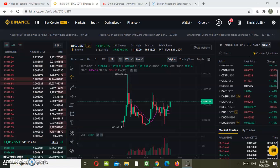Today we'll be reviewing and giving out the price targets for the top 3 cryptocurrencies, which are Bitcoin, Ethereum and